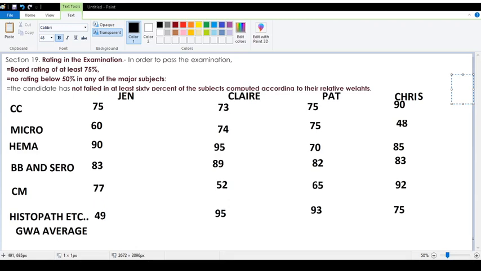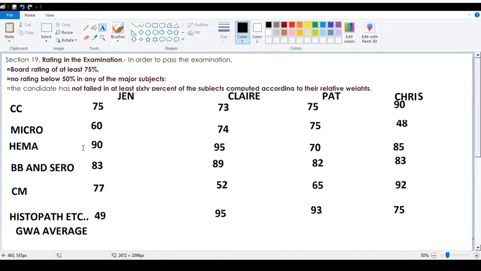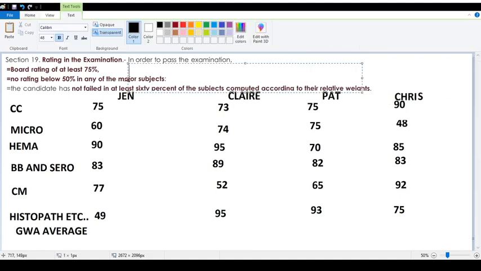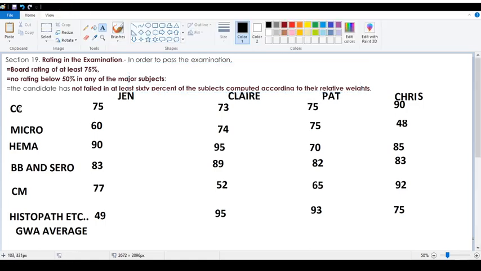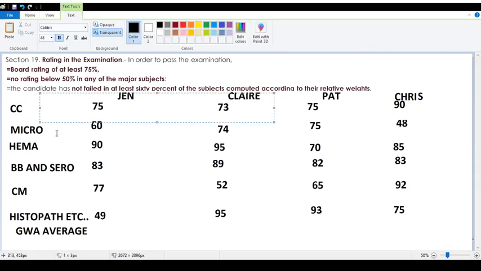Okay, guys, so in this discussion, we will review the rating and examination in order to pass the Board of Examination for medical technologists. Again, we go back to the three defined criteria. First, a taker must have a rating of at least 75%. Second, the taker must have no rating below 50% in any of the major subjects: CC, micro, hema, BB, and serology. All of these are 20%